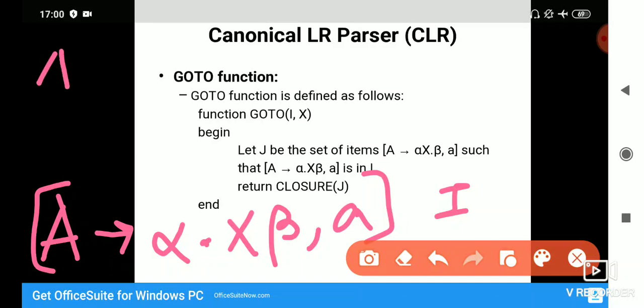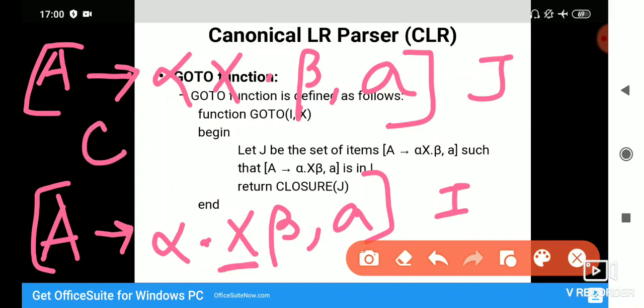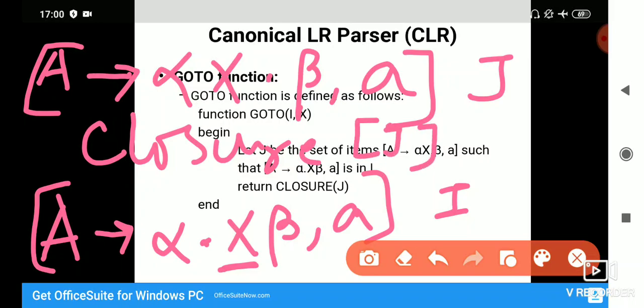First, we have to change the position of dot, which was currently placed at the left of X. Now it will be placed at the right of X, A to alpha X dot beta comma a. Then this is an item in J, and you have to find closure of J.